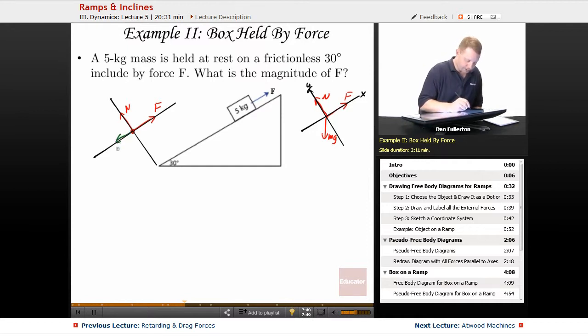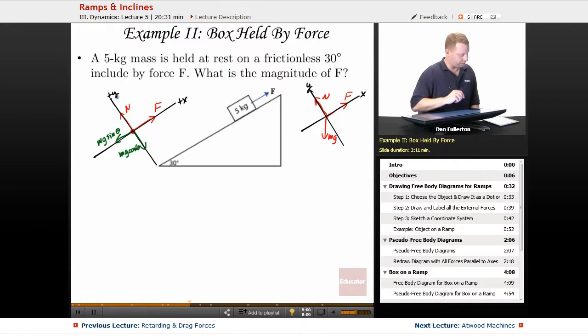But mg we break up into components. We've got the component parallel to the ramp, mg sine theta, and perpendicular to the ramp, into the ramp, mg cos theta. All right, let's call this our positive x and that our positive y direction. So when we write our Newton's second law equation, let's start in the x. Net force in the x direction is going to be F minus mg sine theta,